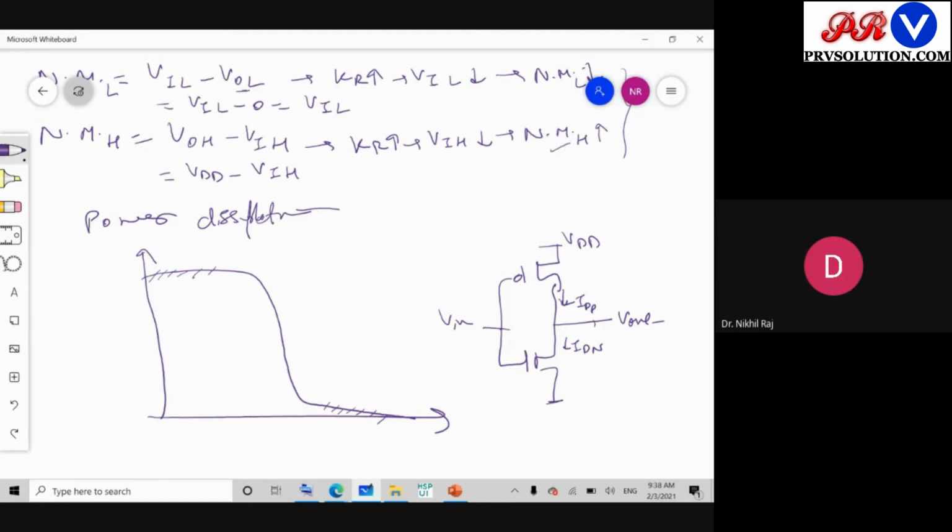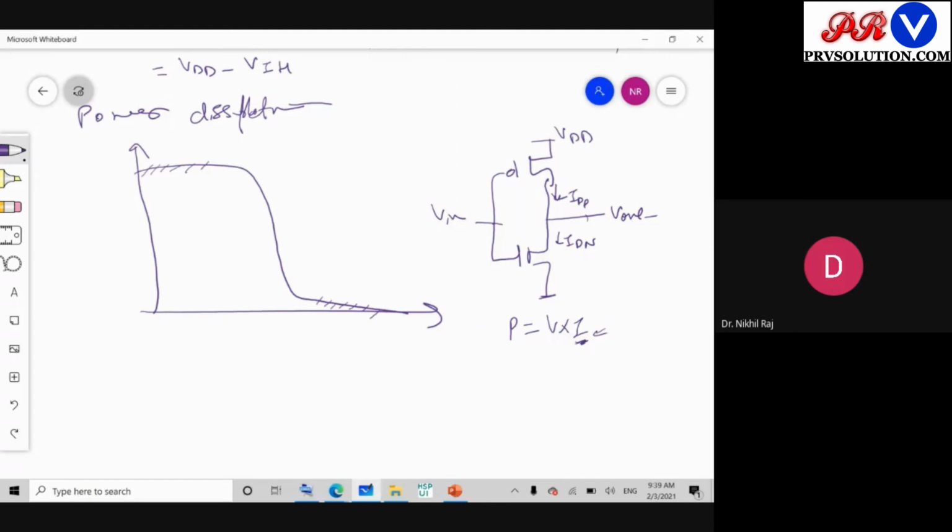Power is calculated as V into I. And this current I flows only when there is a closed path. All of you know this: whenever there is a closed path, only then does the current flow. If there is a voltage source, a resistor, and here it is an open circuit, what is Vout? Here current I is flowing. Let's say the source is 5 volt and I is flowing. So what should Vout be here? Vout is nothing but 5 minus I into R. What should Vout be here?